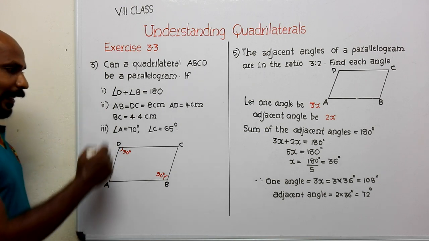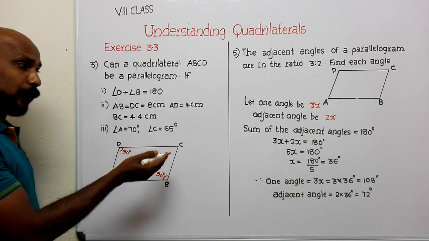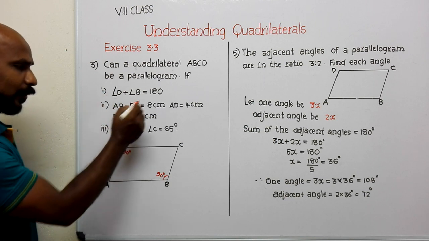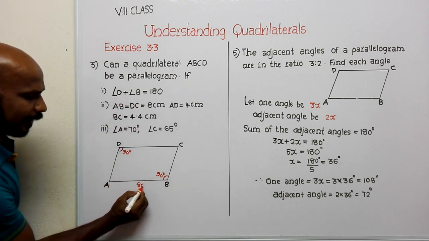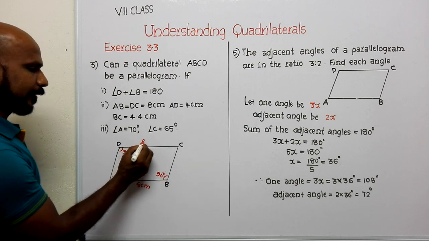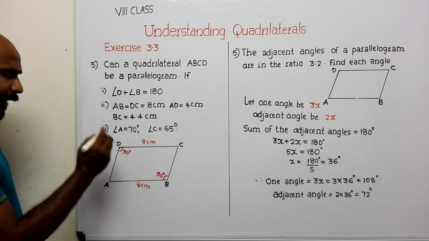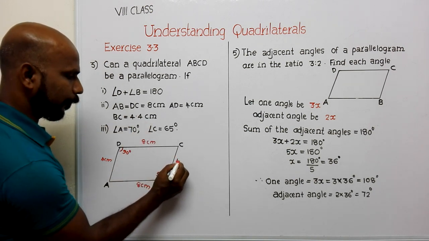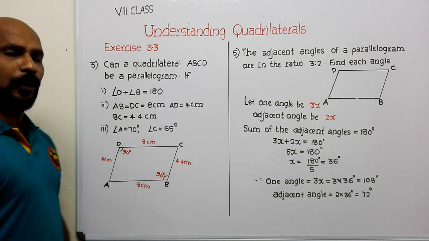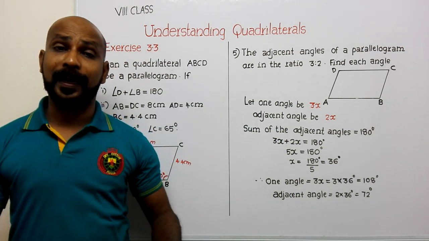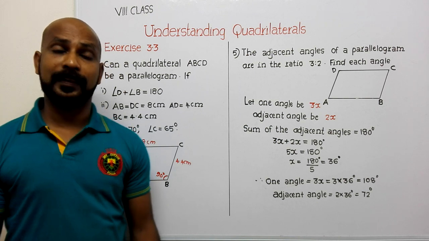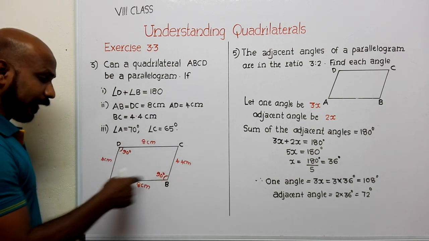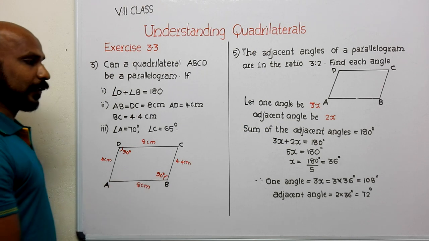Now we are going to think about the second question. We have to think of it as a quadrilateral and prove, from the given conditions, whether it is a parallelogram. Okay. AB equals DC equals 8 centimeters. Here I will mark AB equal to 8 centimeters and CD equal to 8 centimeters. Then AD equals 4 centimeters and BC equals 4.4 centimeters. We know the property of a parallelogram: in a parallelogram, opposite sides are equal. Here you can see one condition is satisfied, but AD is not equal to BC. Therefore, we can say this is not a parallelogram.